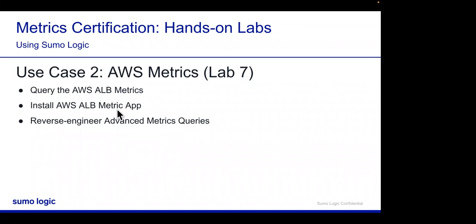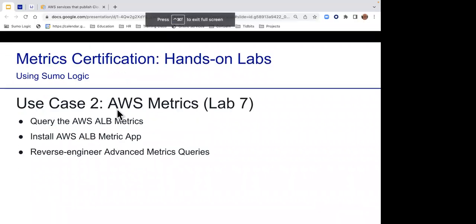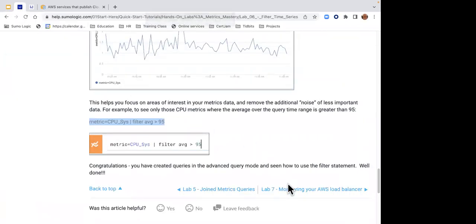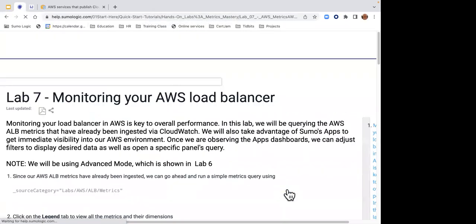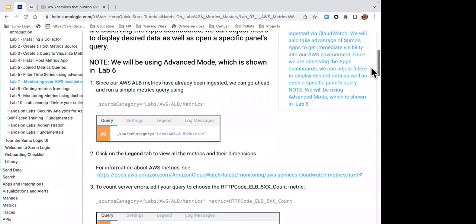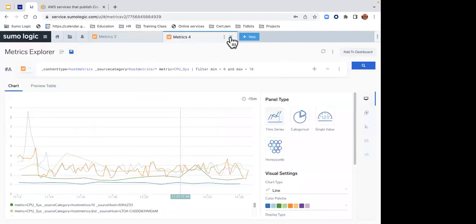We want to install a metric app and reverse engineer those. So here in our labs, moving on to lab number 7, they want us to monitor and look at our AWS load balancing. So I'm going to go out here and grab this source category. Again, in your company, if you're running AWS, you may have called your source category for your AWS metrics something else. But let me go ahead and close this up,